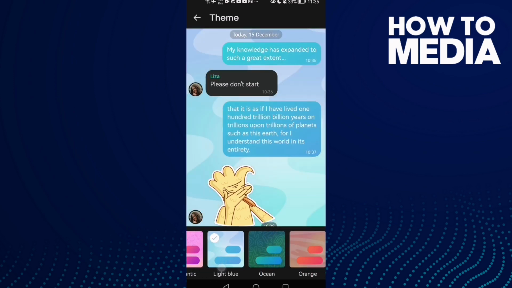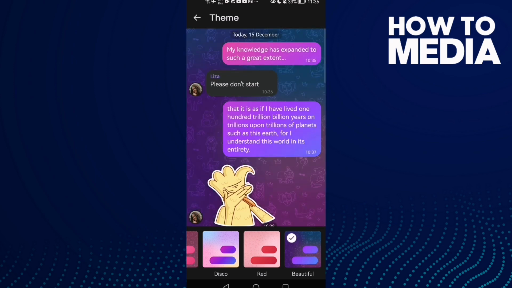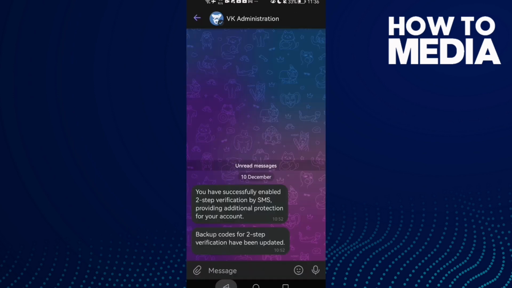As you see here, you can change your Chat theme. Select any theme you want here, then just go back. It will be saved, and that's it. As you see,